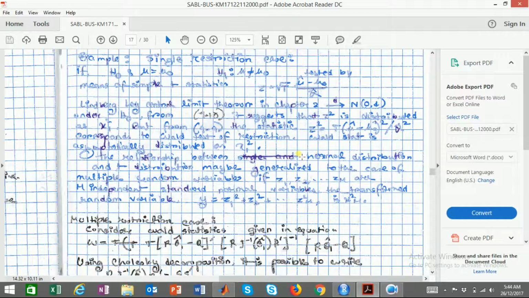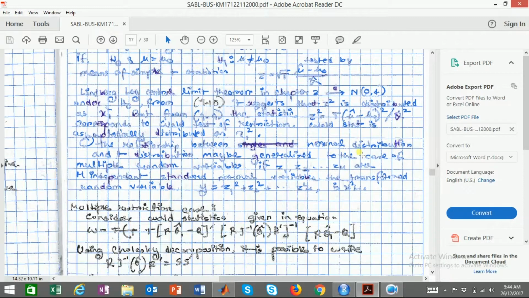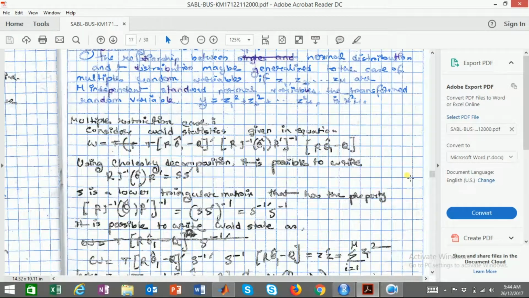The relationship between the normal distribution and the t distribution may be generalized to the case of multiple random variables, where z1 to zm are m independent standard normal variables. The transformed random variable y equals z1 squared plus up to z m squared is chi-square m. So in the case of multiple restrictions,